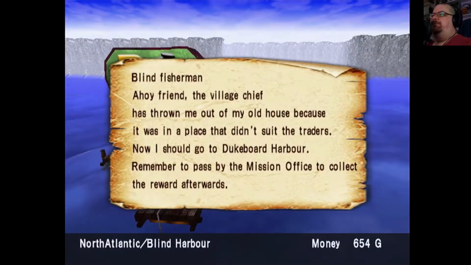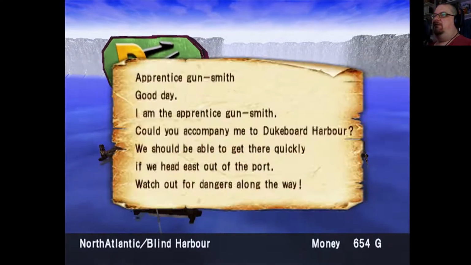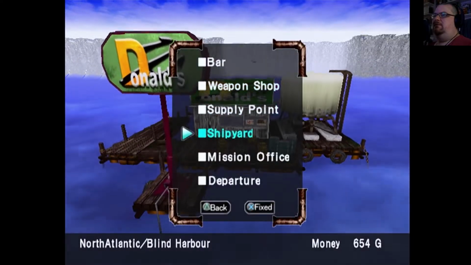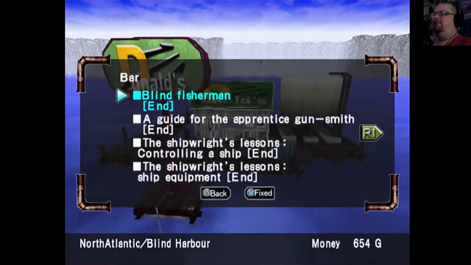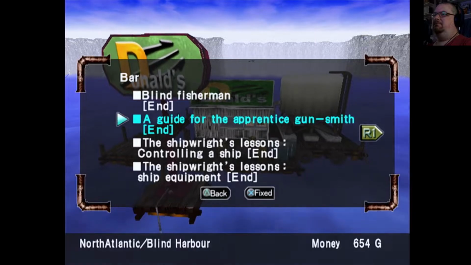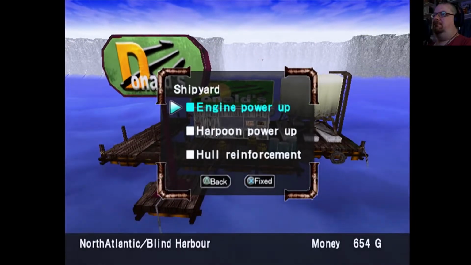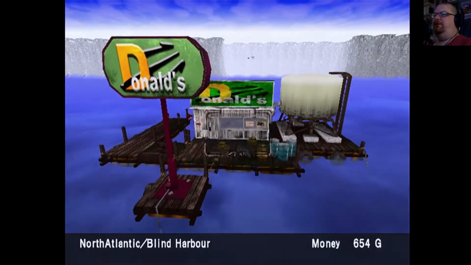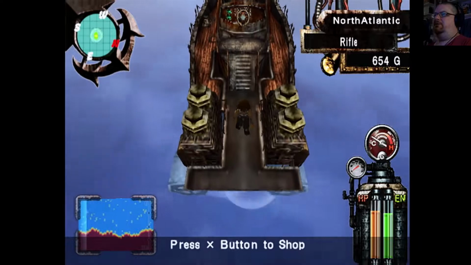Right, blind fisherman. Remember to pass by the mission office to collect the reward afterwards. And there's just no mission there. Nothing to choose from in the mission office. Departure. And there's no one else on this boat, so...